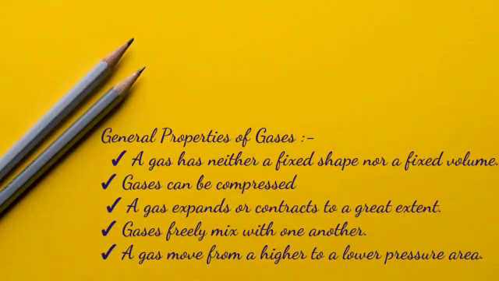Gases expand or contract to a great extent on being heated or cooled. Fourthly, gases freely mix with one another, and this phenomenon is known as diffusion. Lastly, a gas moves from a region of higher pressure to a region of lower pressure, and this is the reason why wind flows from an area of higher to lower pressure to equalize the pressure in both